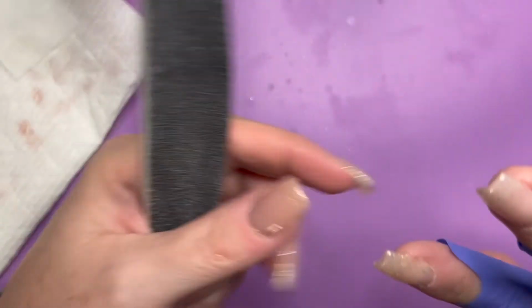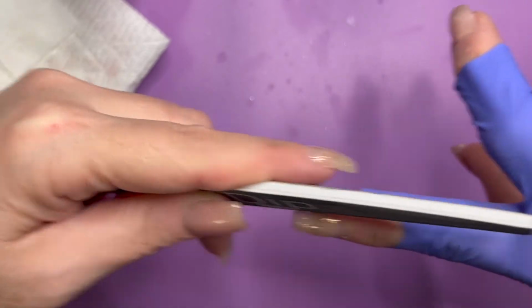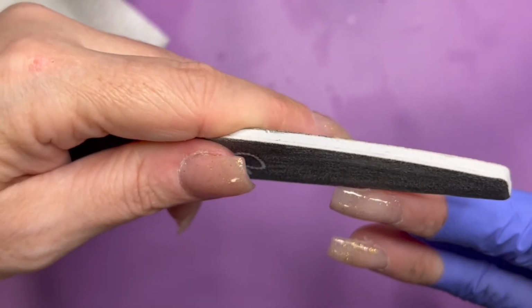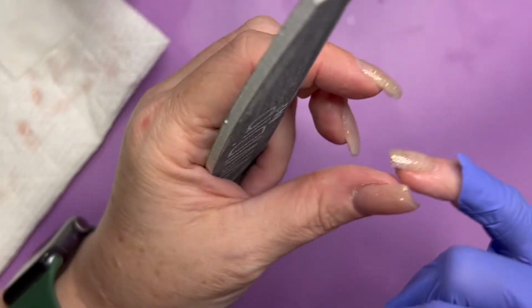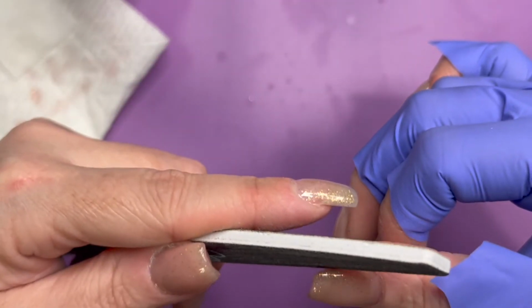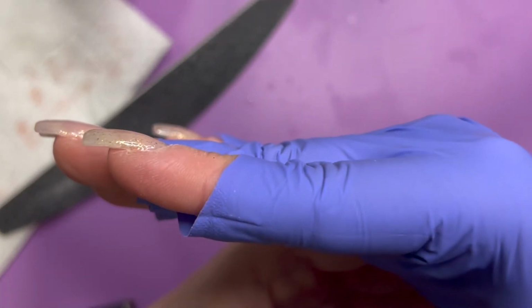All right, so that's all the nails done. I did pull a little bit along the free edge on this nail, so I'm just going to trim that up. I'm not going to file my nails, as I said before. Get this one also. My aim was really to get it as minimal as possible so that I didn't have any pooling on the free edge where it bulked up the shape of the nail. And I think I pretty well achieved that. If you can see, it's a pretty